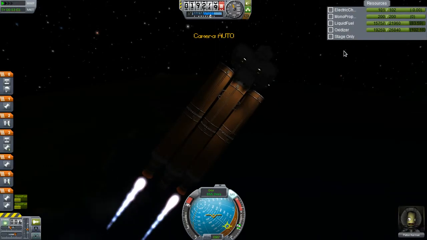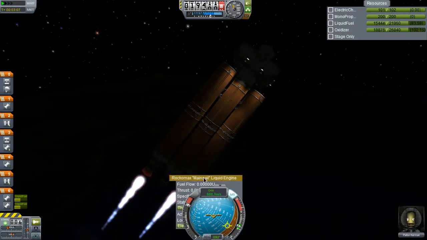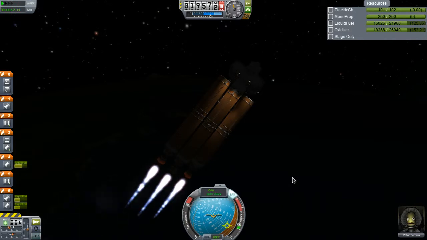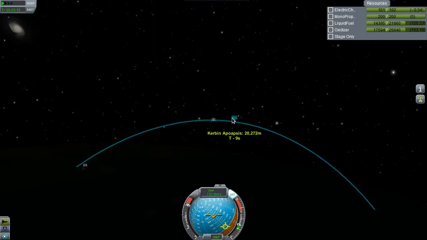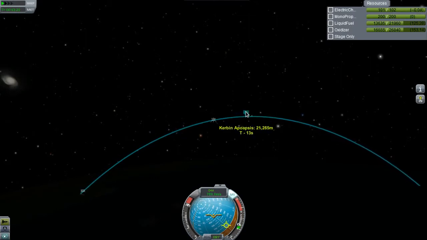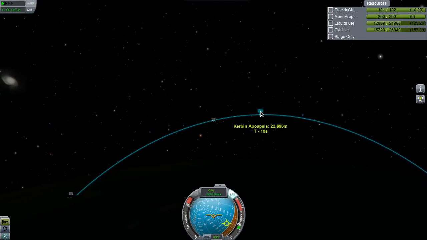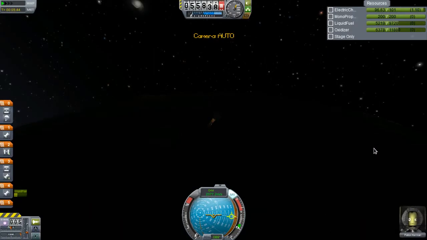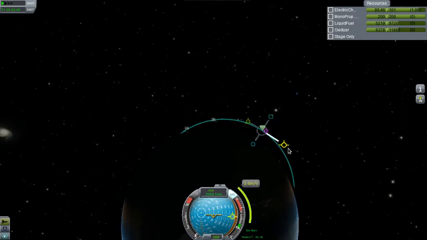How are we doing on this stage? Pretty well. Yeah, let's go ahead and activate this engine for a little bit of a boost. See if that helps. Oh yeah, that's helping. Yeah, get out there. Come on. Okay, stop. We gotta try and turn this thing around and execute